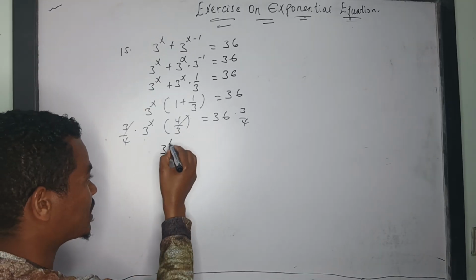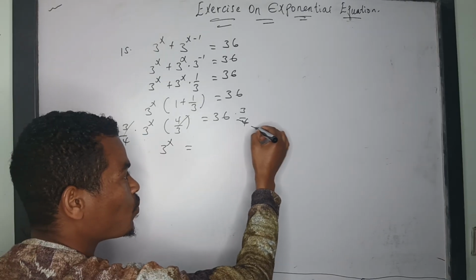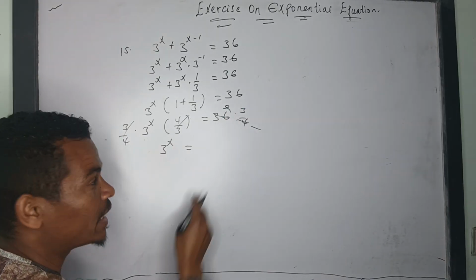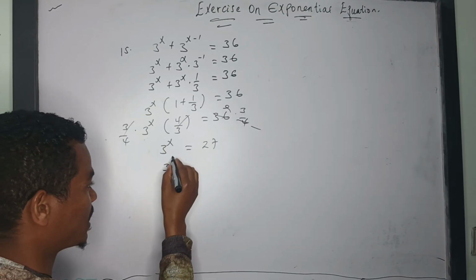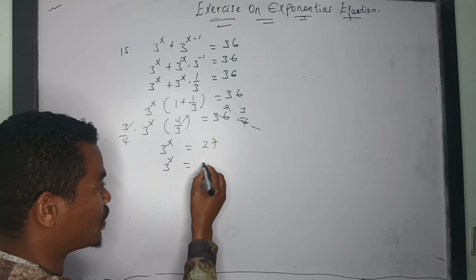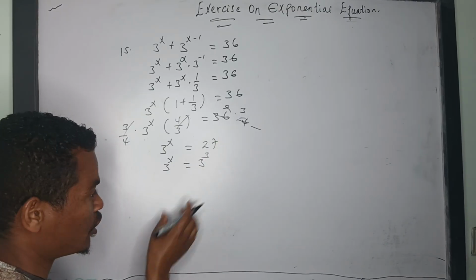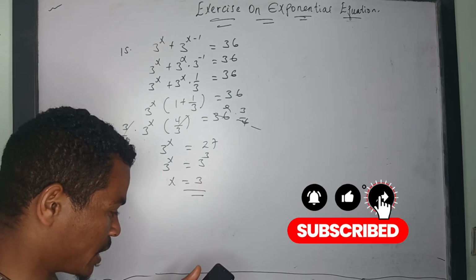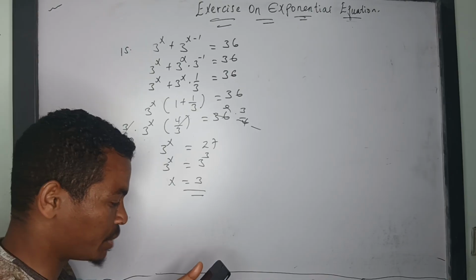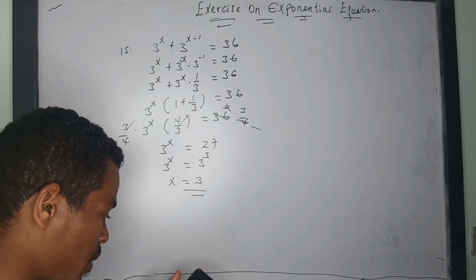And 3 to the power of x is equal to 36 by 4, 9 ይሆናል። 9 times 3 is 27. 3 to the power of x is equal to 27, is the same with 3 to the power of 3. ቤዛቸው እኩል ነው። The value of x is equal to 3 ይሆናል ማለት ነው። So question number 15 is 3, which is B ይሆናል ማለት ነው።